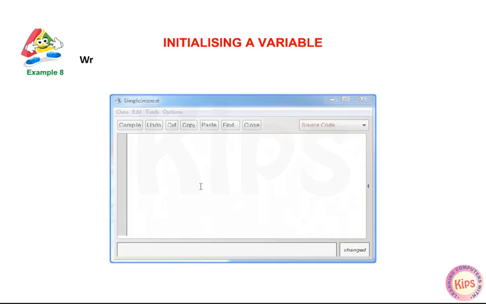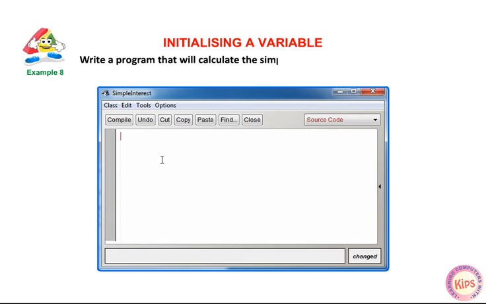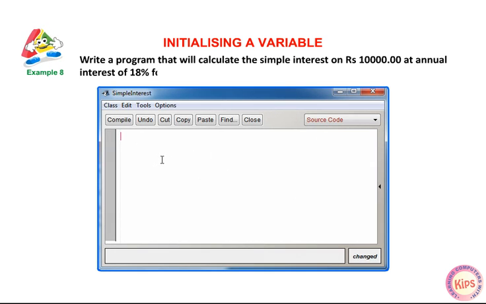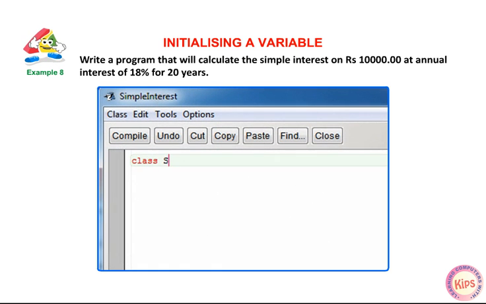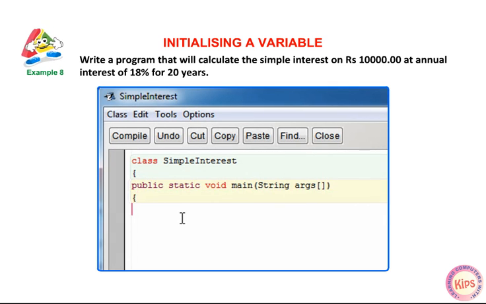Example 8. Write a program that will calculate the simple interest on rupees 10,000 at annual interest of 18% for 20 years. class SimpleInterest { public static void main(String arg[]) { int principal = 10,000;